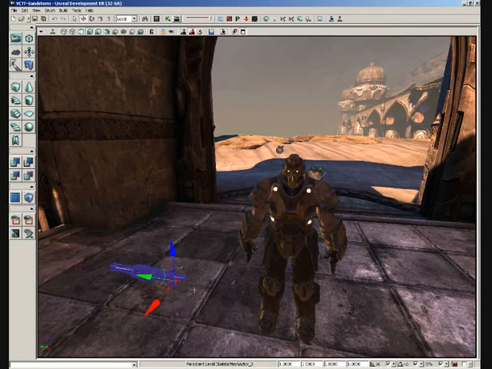You could spend a while trying to position and get things lined up, but then you need to attach it, and there's a lot of different steps you'd have to take. Fortunately, socket snapping deals with the problem for us. If we switch on socket snapping, all of the sockets of our skeletal meshes suddenly become active. All we have to do is select our shock rifle and then click where we want it to go. So let's click on the